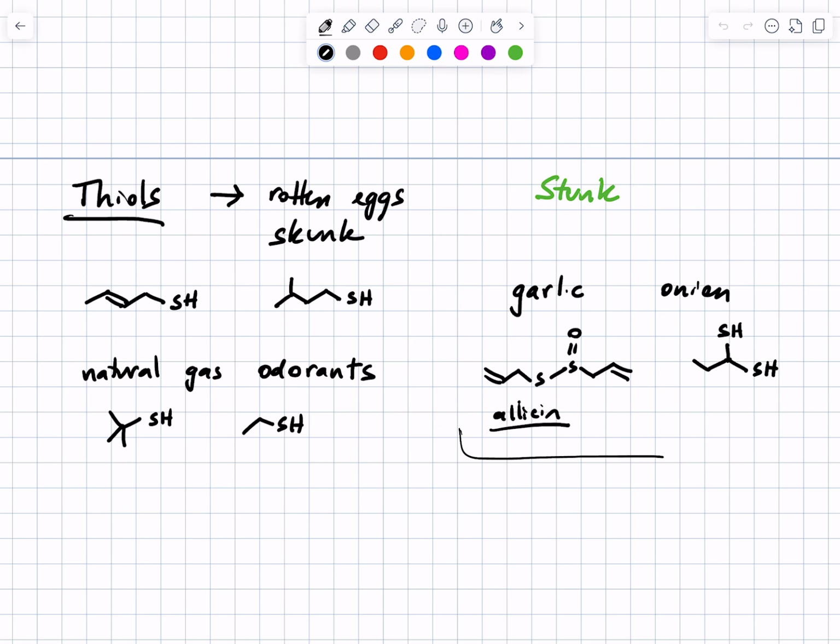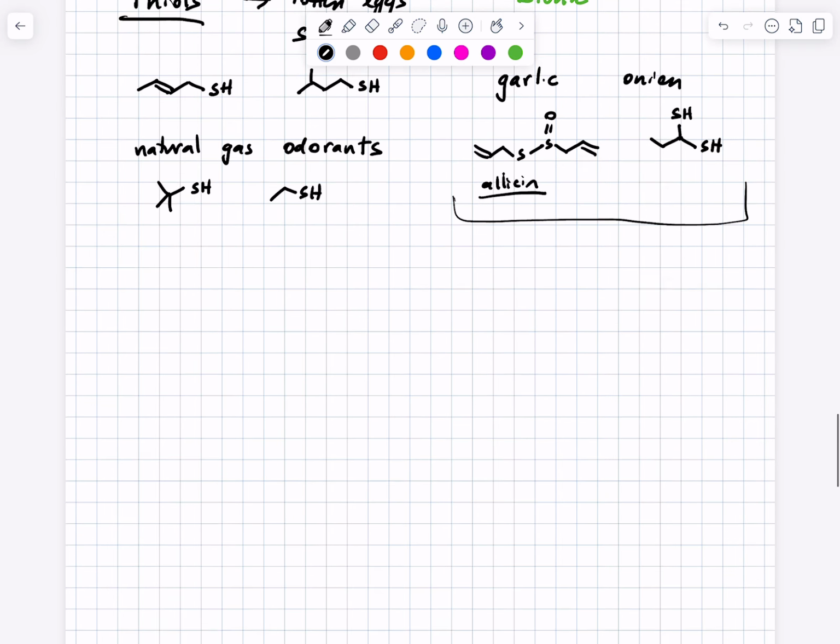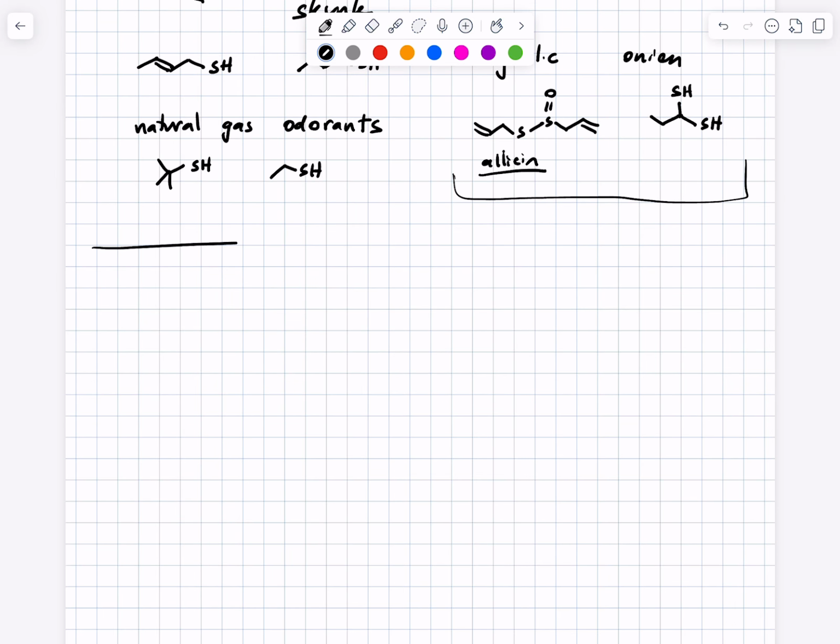Anyway, so sometimes we use these thiols as molecules for cooking in small doses. All right, we need to keep moving. I want to tell you about alcohols, and